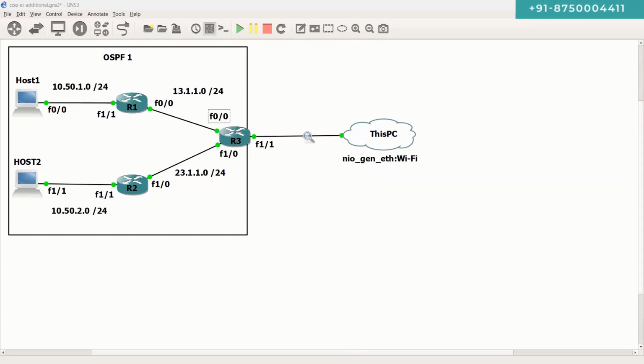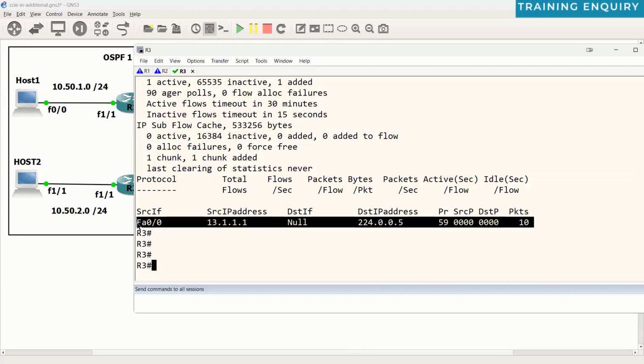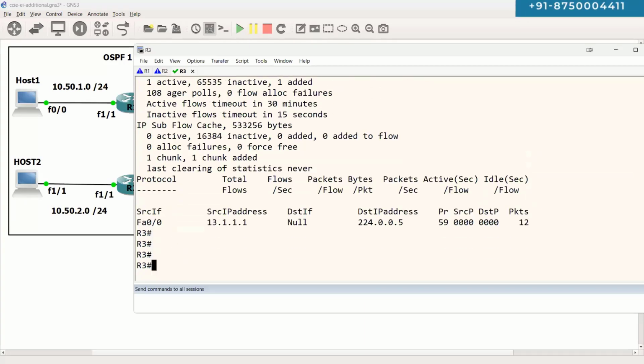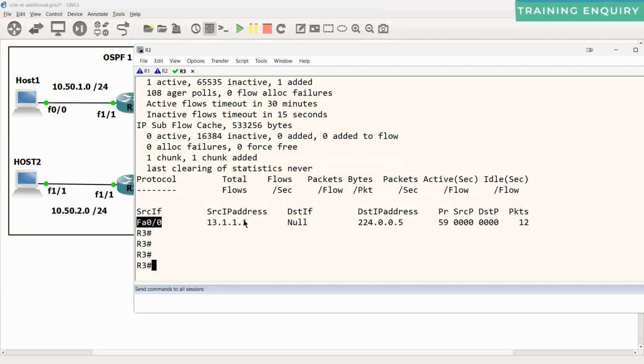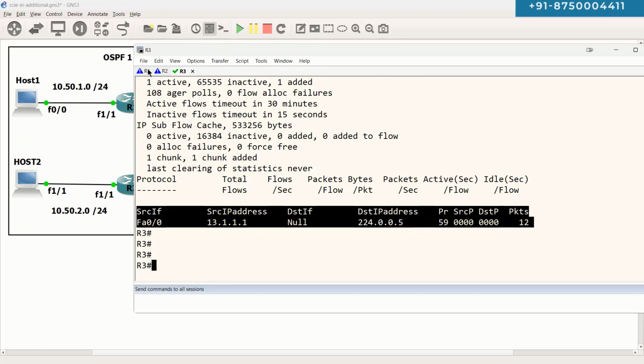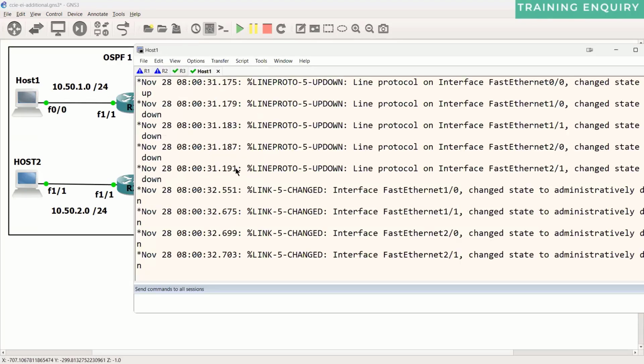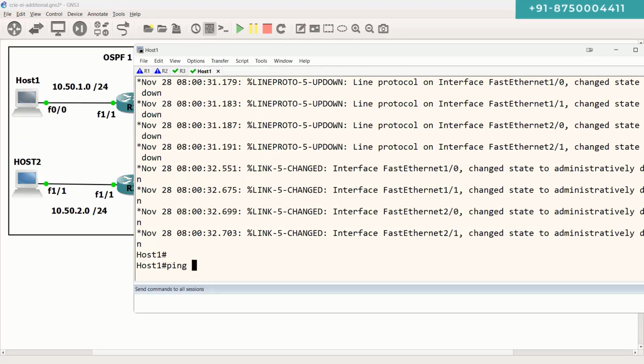So I am able to check that information right here, that as of now a total of 12 packets on the interface FA0/0 from the source IP to the multicast address are received. Okay, now if I go to host machine number 1, and say, for example, ping